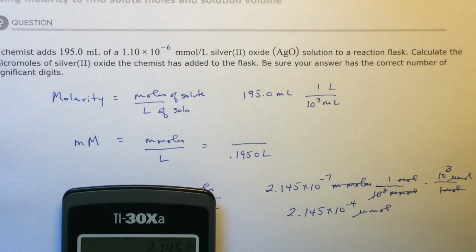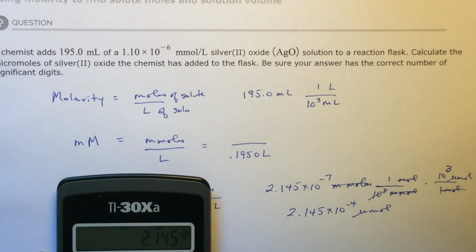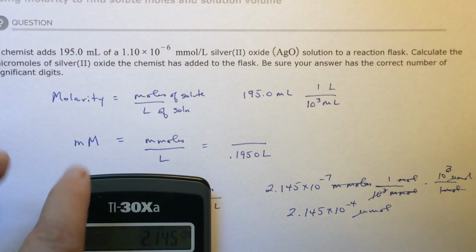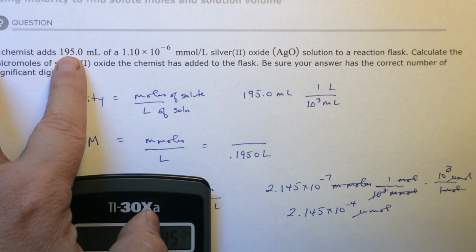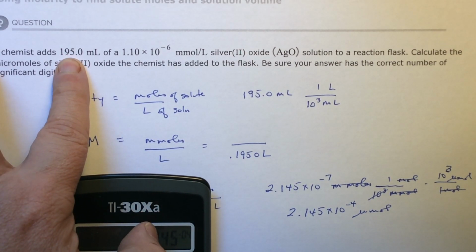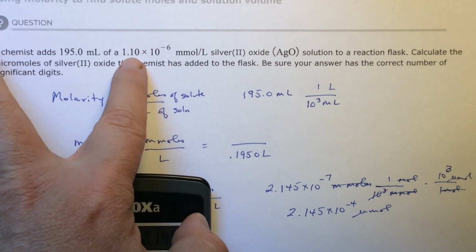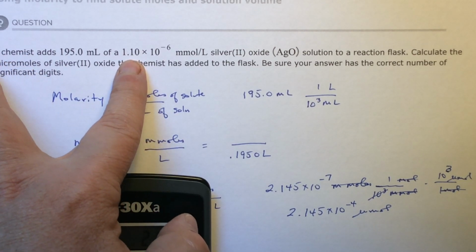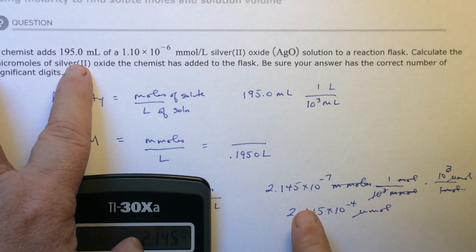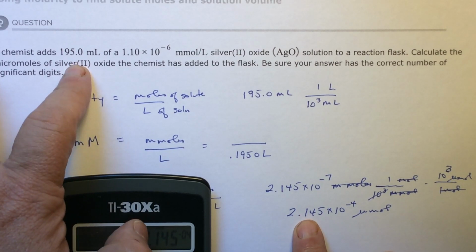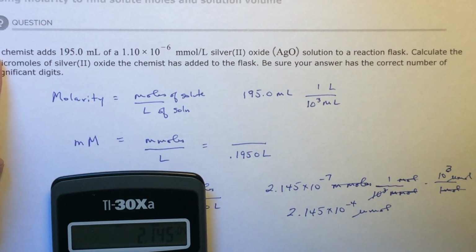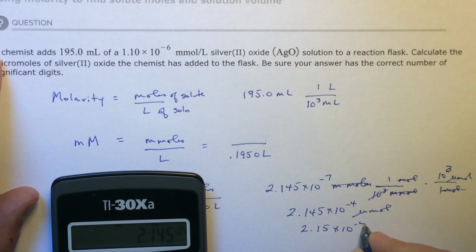But I never trust my calculator. I want to look back and see what my significant digits were. I've got 4 significant digits here. Okay. I've got 3 significant digits here. So I take the lower one. I want to round this to 3. So the third one is the 4. I look to the right. It's a 5. So this 4 goes up to a 5. It's 2.15 times 10 to the minus 4